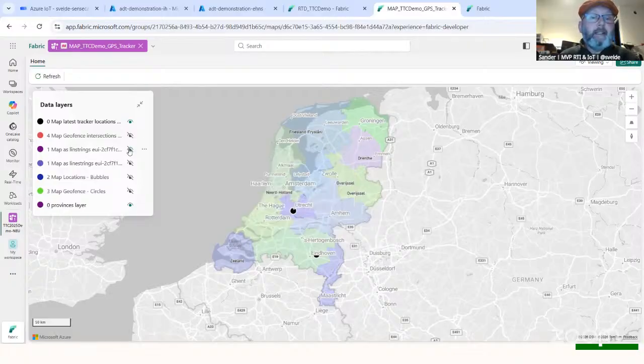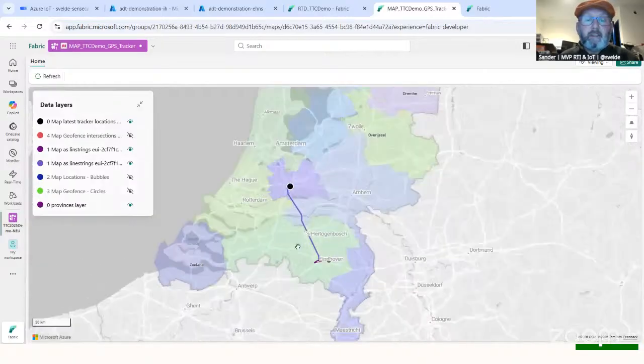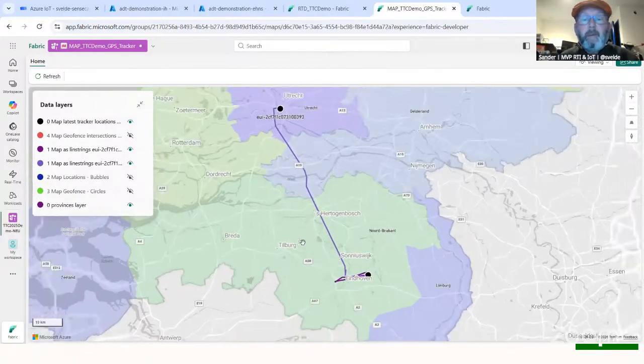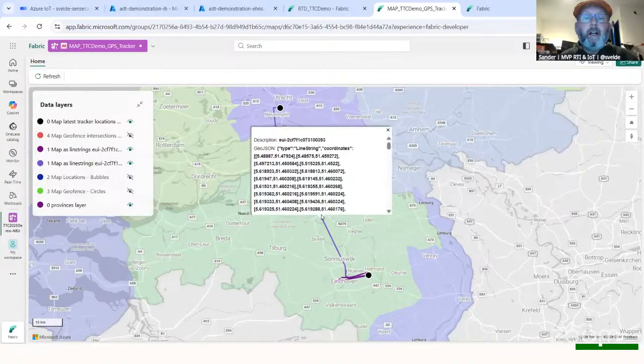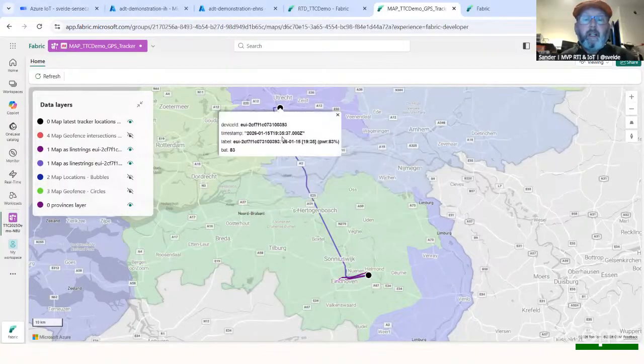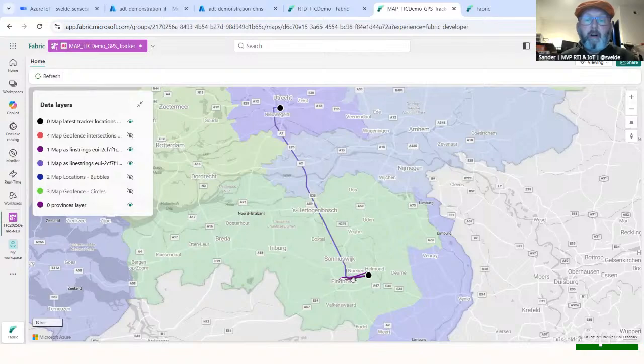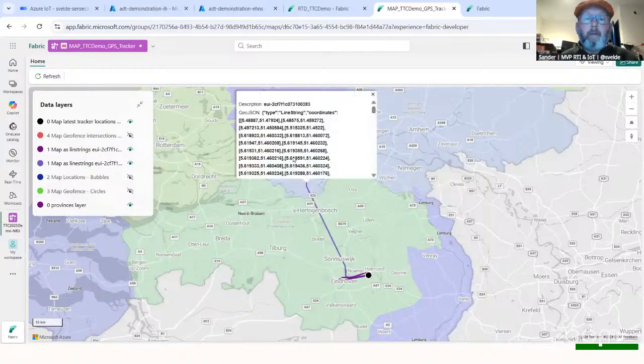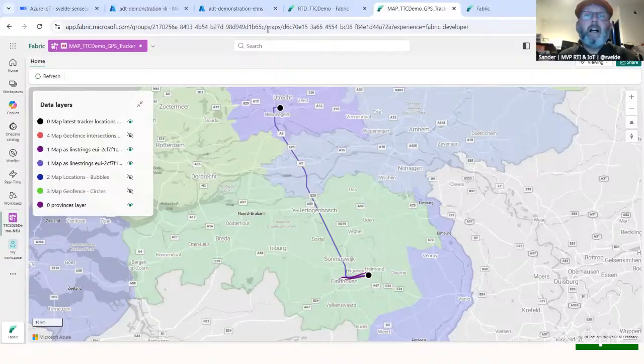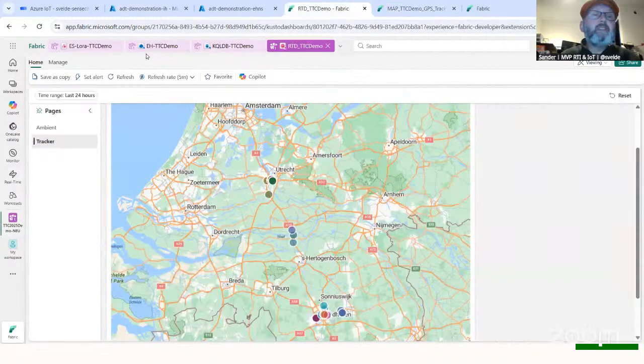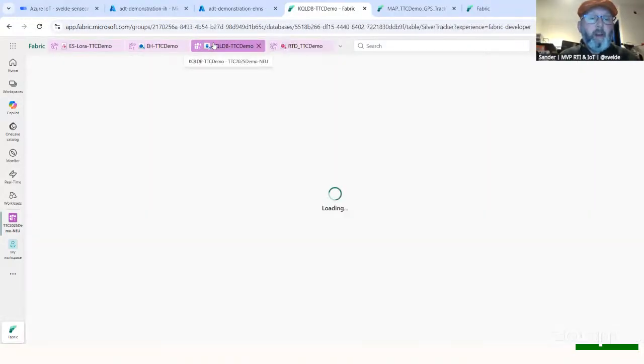but we can also add a tail. This is me, and this is my son. So let's see. We have a tail on all the locations to show how this is working, how he was driving, and how did we do that? And then I have to go over here. Let's go back to the database. What I created